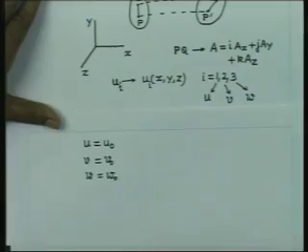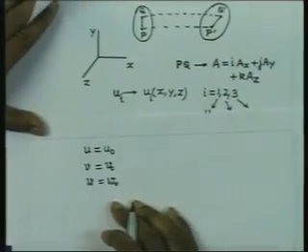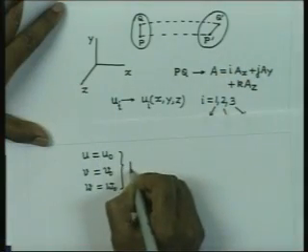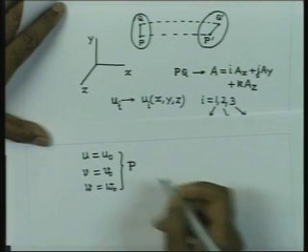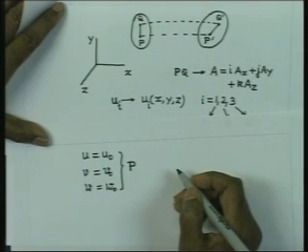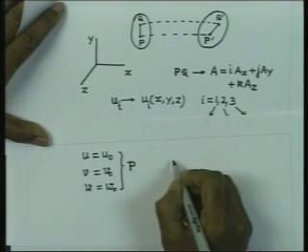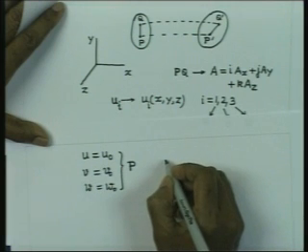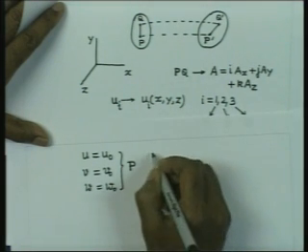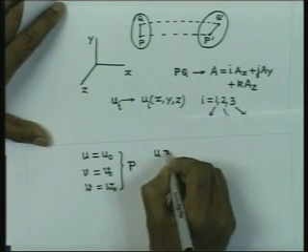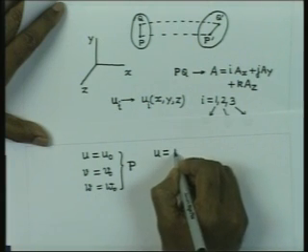Now we can write the displacement of the point Q, which is at a small distance apart from P. So, these are the displacements of the point P. Now, if we want to write the displacement of the point Q, we can write u equal to u0